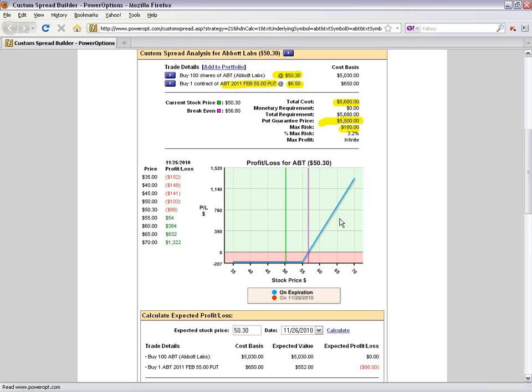If we held the position all the way to February expiration, made no adjustments, well, we wouldn't expect to see a profit unless the stock was trading above 56.80. There's our break even right there. However, this curved red line shows us what the position might look like at the halfway point, using the Black-Scholes pricing model to estimate what the value of the put would be at the halfway point, which in this case would be November 26, 2010. So you see our break even is much different. It's around $53, $54 roughly